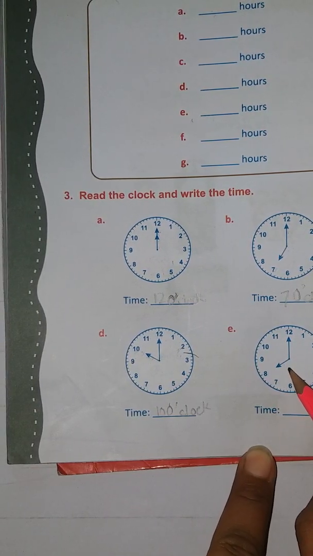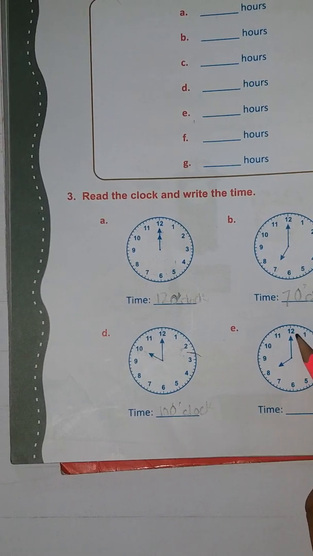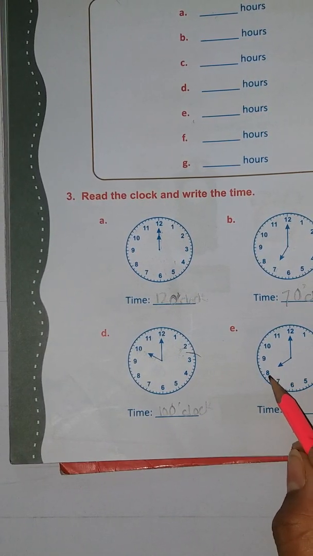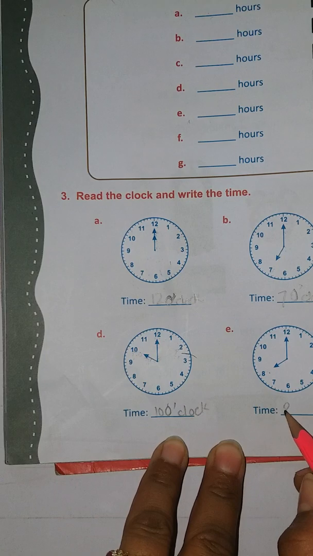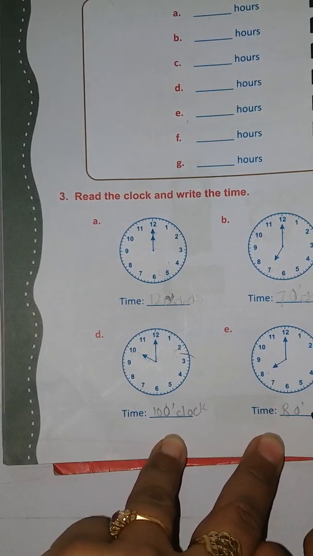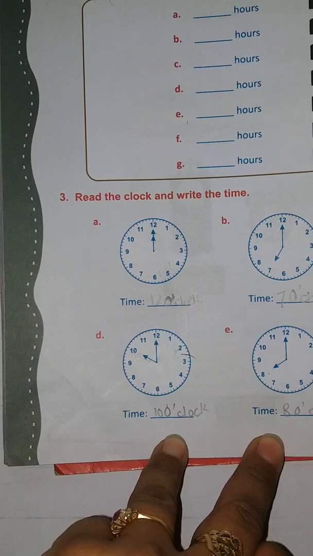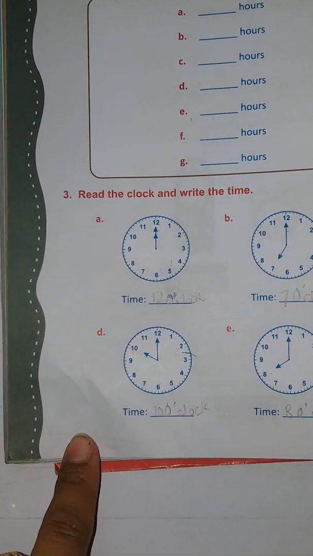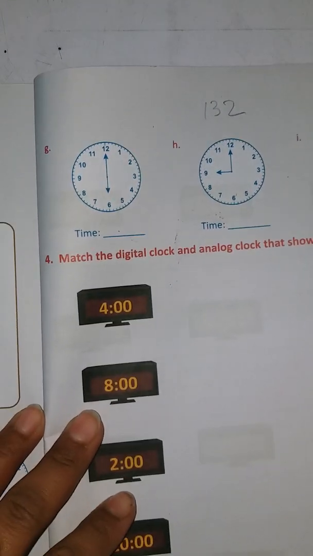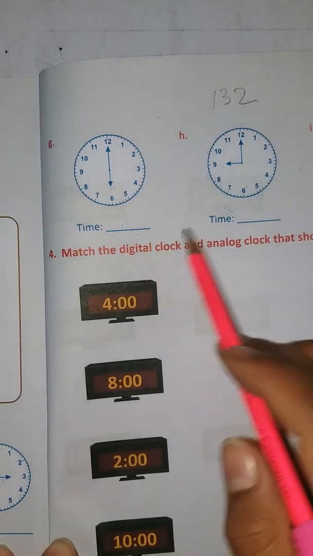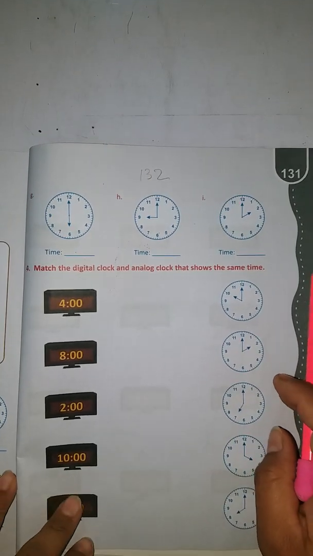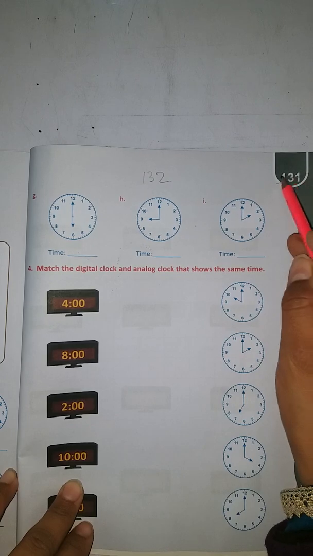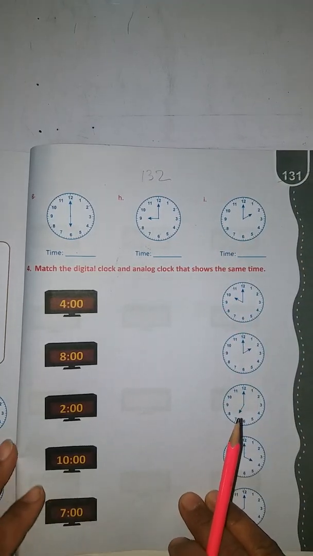The small hand is pointing toward 8 and the bigger hand towards 12. The time is right now 8 o'clock. What will you write here? We will write here 8 o'clock. Okay. So you have to write the time on all the clock faces and then move to the next page. Now G, H and I parts you also have to do on this page. Okay, on page 132. It's not 131, it's page number 132 in your books.